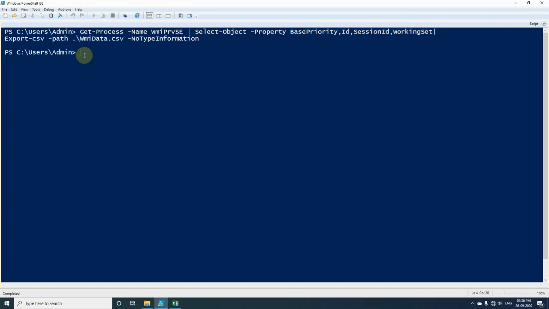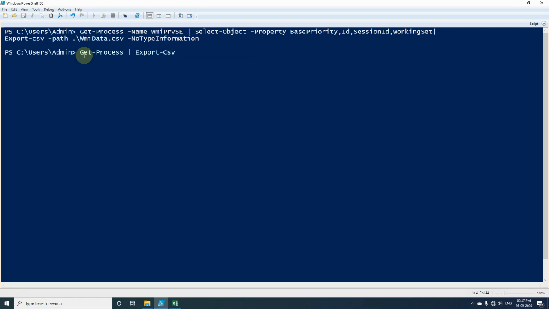Now let's move to the other example. I have used the same cmdlet called Get-Process once again, but here I am not specifying any particular process name.